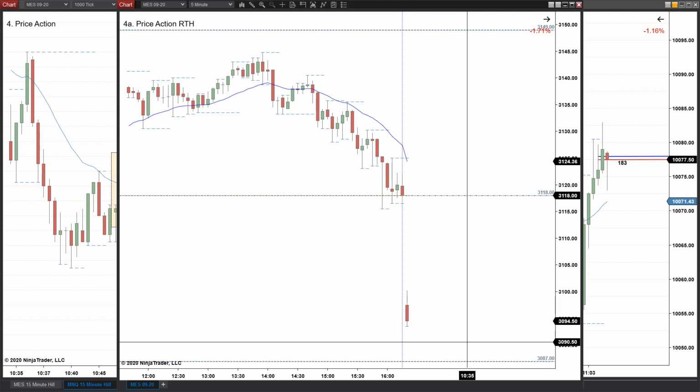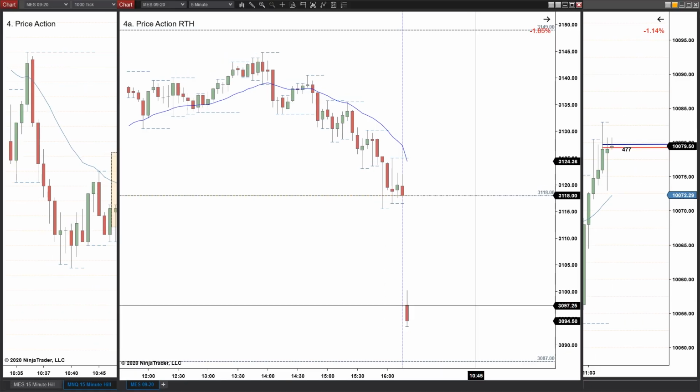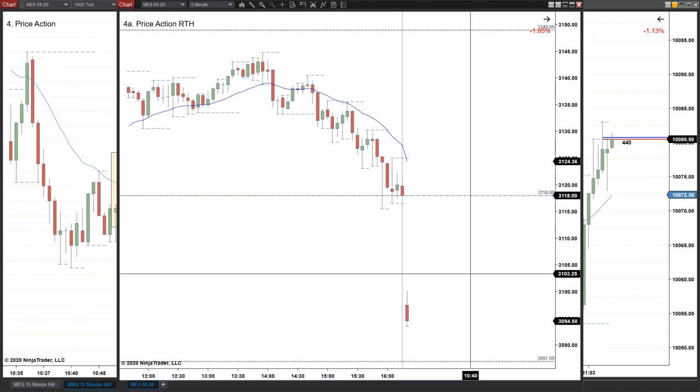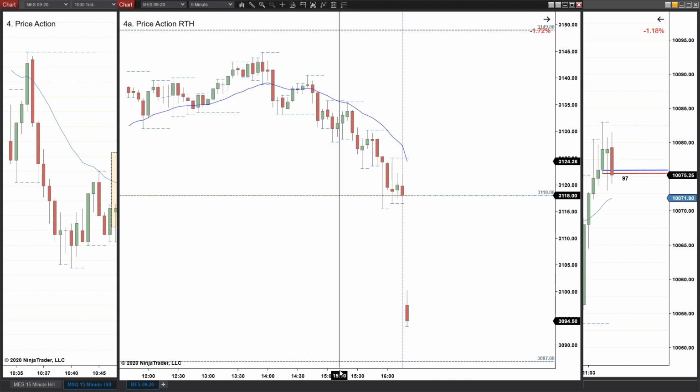Because remember, on this candle here, this has a big wick on the top. At one point, that was a very solid bull bar, right? I mean, that would have been a bull bar that looked like this, and then it closed down here. So there's a lot of information you can get from inside of the candle, how fast it's moving, and those little nuances that you're not going to get from just going candle by candle. But doing it this way, one by one, is a good way to practice and get a feel for things.